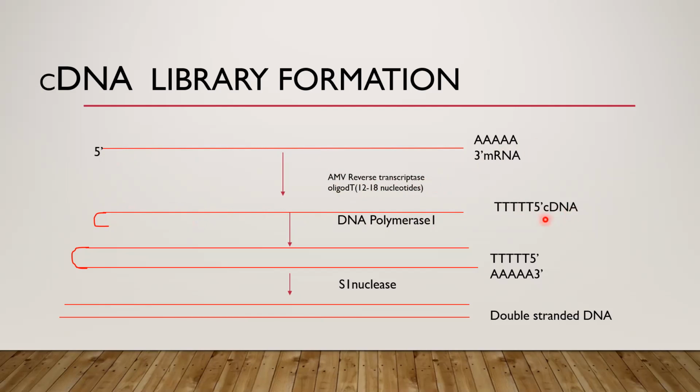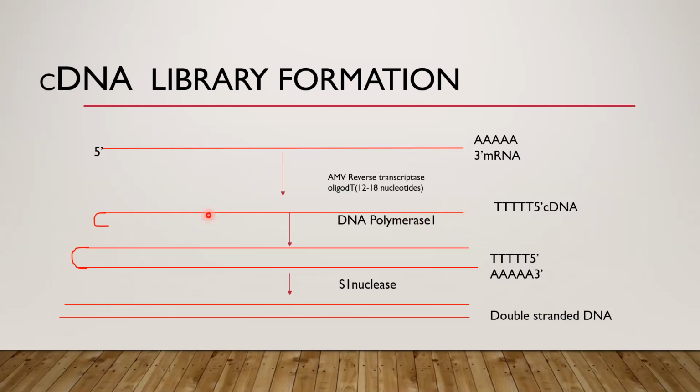Now this single stranded DNA is also called complementary DNA because it is generated along with RNA. So first an RNA-DNA hybrid is generated. From the RNA-DNA hybrid, we have to separate the RNA. So RNA will be degraded either by heat treatment or by alkali treatment, or we can use the enzyme ribonuclease H, which will help in removal of the RNA. So from this hybrid, RNA is removed or degraded, and then we will have only a single strand of the complementary DNA.